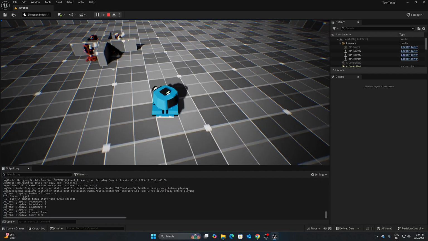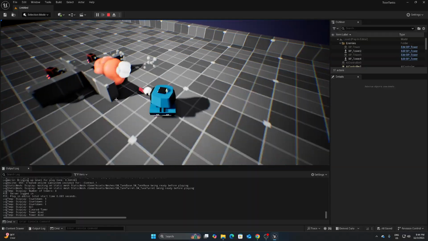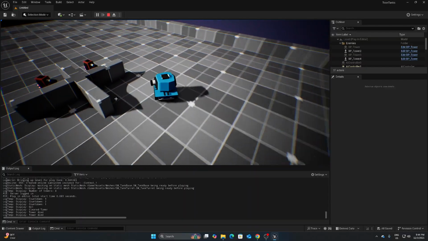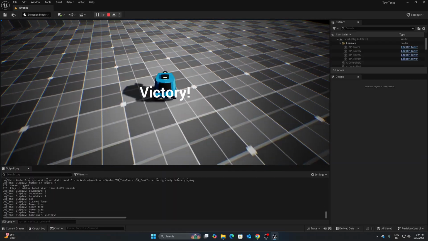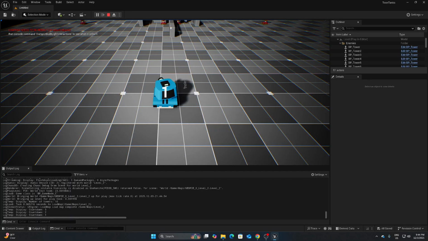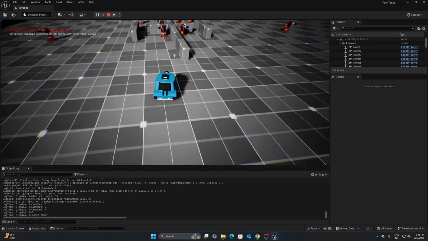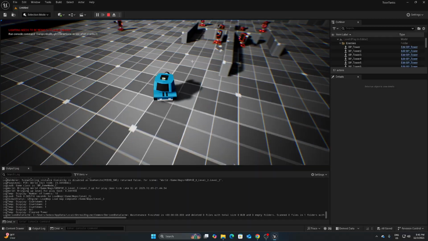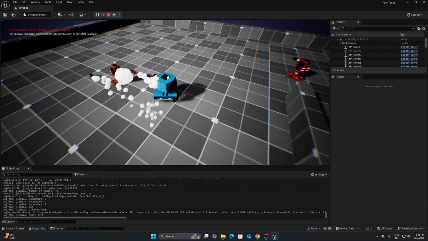If I blow up a tower, I get a different sound and I get an extra little smoke cloud. And then you'll also notice things like the camera shake are things that have been added in. The fact that you just saw a countdown is not a default part of the game engine. That's something that you get to build as part of this.